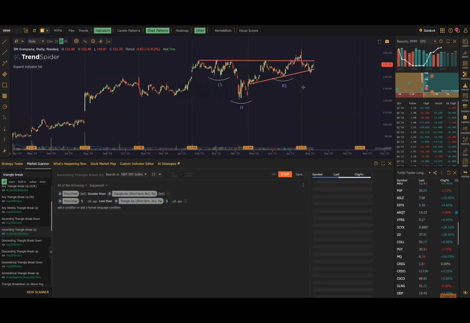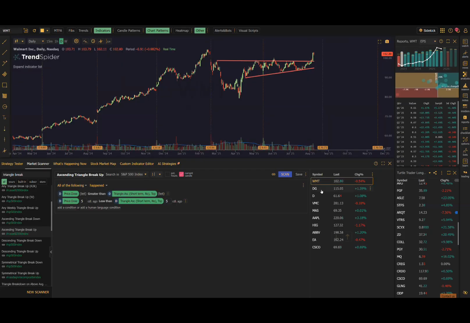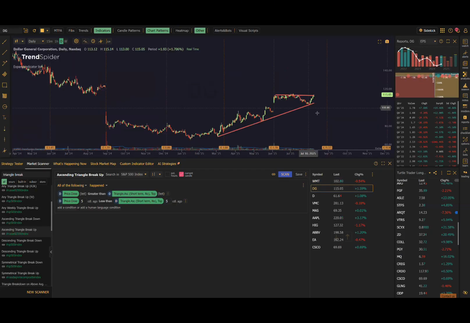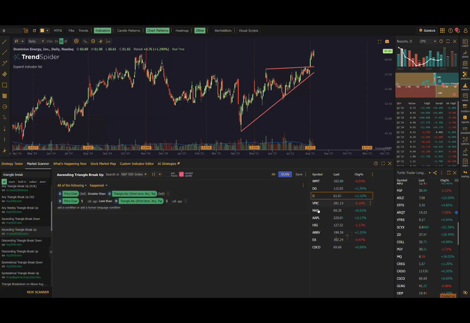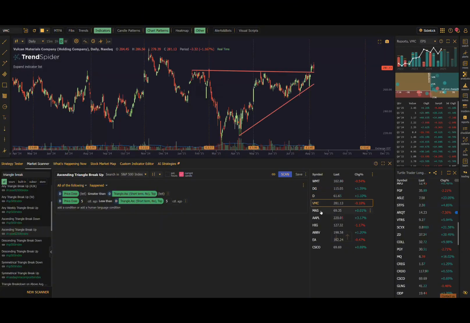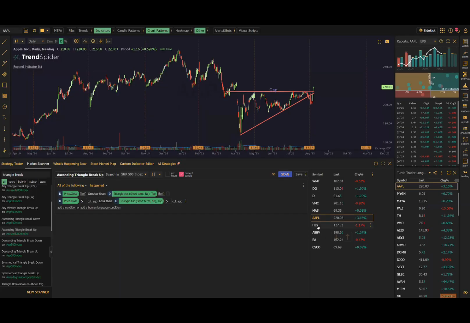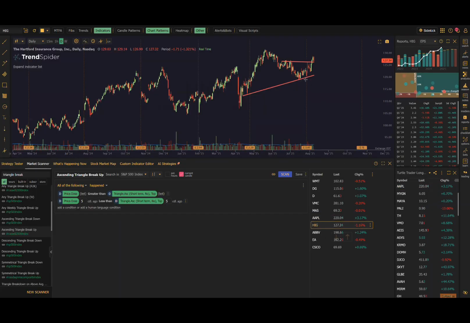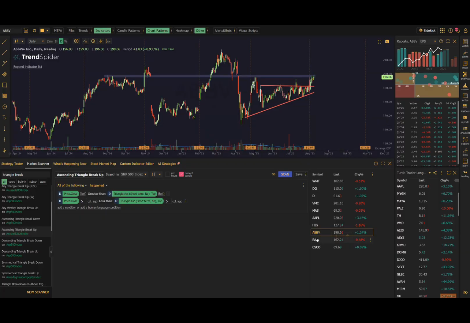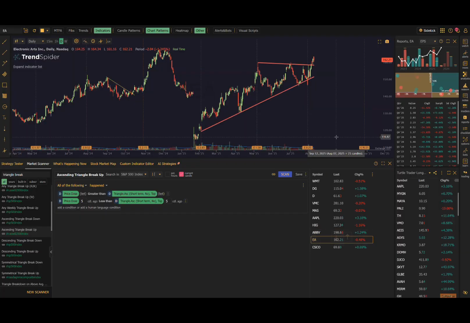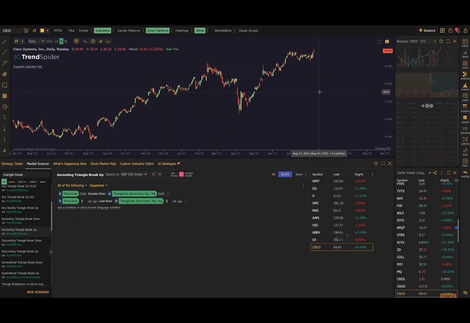And then if I just scan for these, it's going to scan for stocks that are already breaking out above the top line of the ascending triangle, which is honestly even better because that's when you guys are pretty much going to want to enter, right? So this is one of the ways the automated analysis features of TrendSpider can really help you guys find these setups. Of course, not all of them, just patterns in general, not always going to be perfect, but this is a great way if you trade using these setups to find them and to save you guys a ton of time,